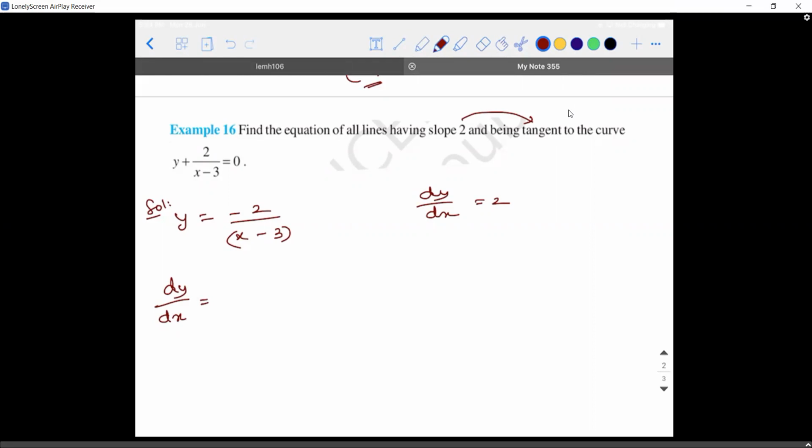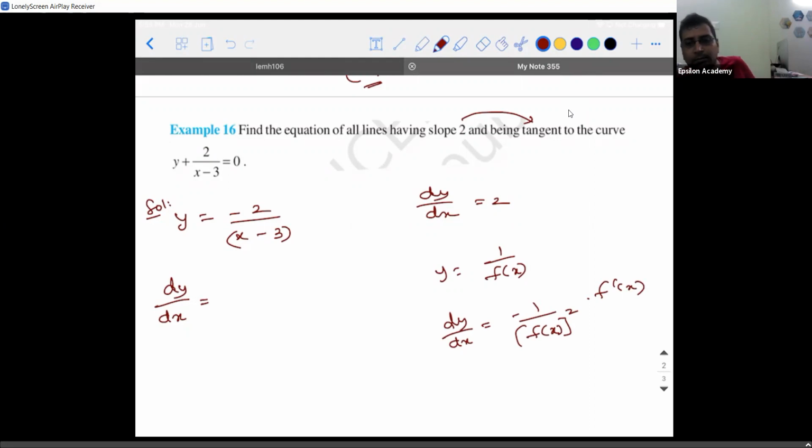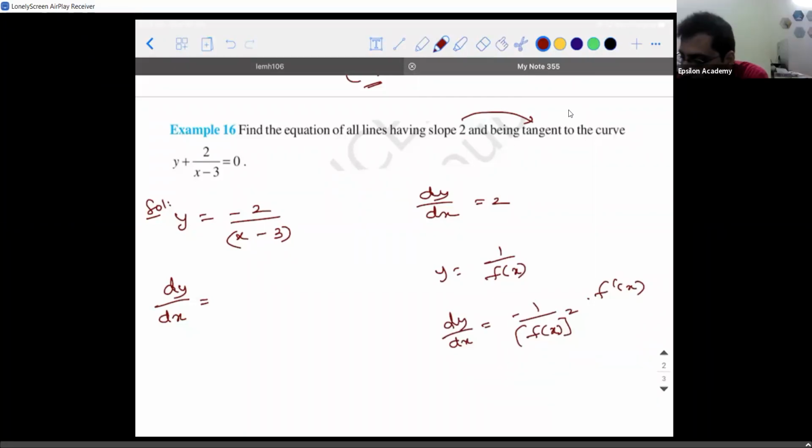So it is x minus 3 into 0 plus, okay, x, okay, minus 3. You're using u by v rule, no? So what I will say is, if you have 1 by x, if y is equal to 1 by x, dy by dx will be equal to minus 1 by f of x the whole square into f dash of x. Why did we get this? Because I already told you derivative of 1 by x is what? Minus 1 by x square, correct? Yes, sir. So it will be minus 1 by f of x the whole square into f dash of x, like how we did for square root.